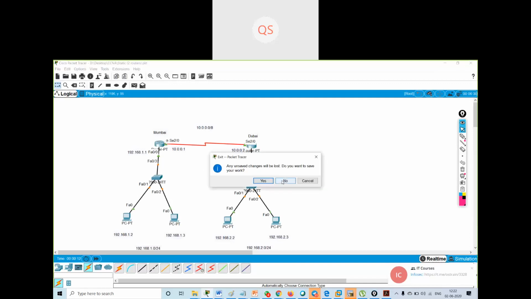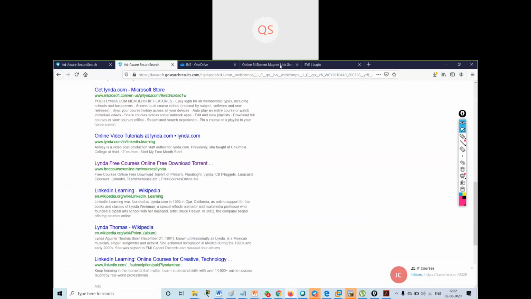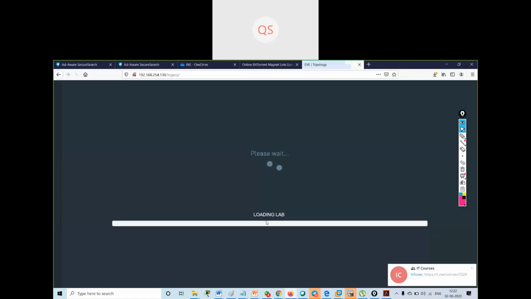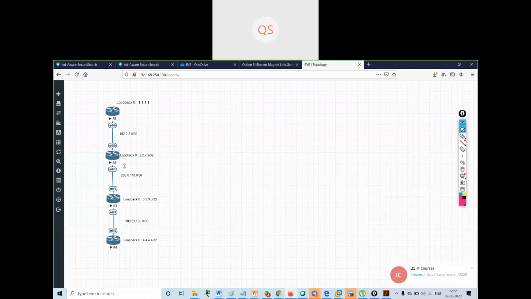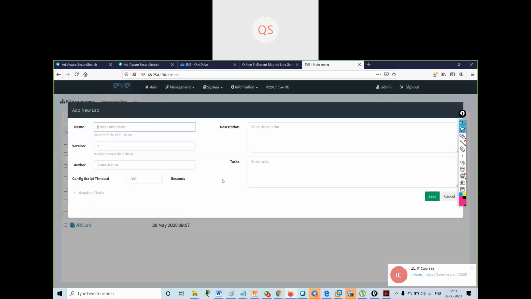So I can take a completely new scenario. Okay, stop all nodes, close tab, new NAT.